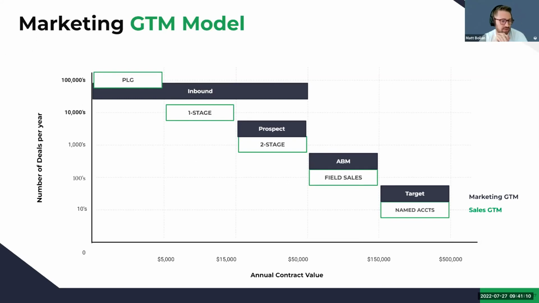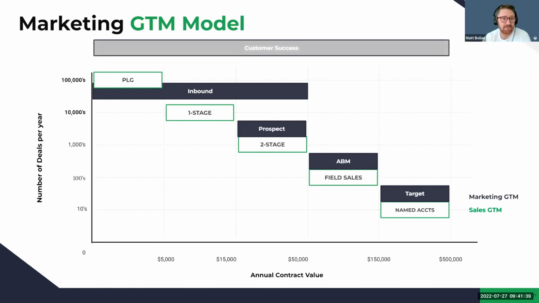One more. Hi, superstars. What is your annual contract value? Is it lower than shown in the graph? Is this a mixed thing? I think you're asking that to everybody. I'll just say your annual contract value is going to be indicative of what we're going to talk about in a moment. Don't worry about how you sell. Worry about how your consumers buy. That's what go-to-market motion you're going to choose. We'll talk about that in a second.